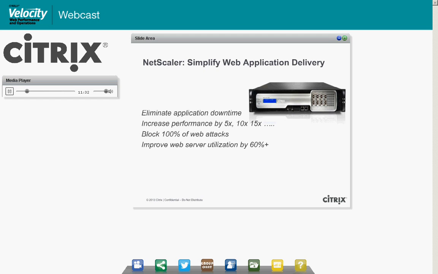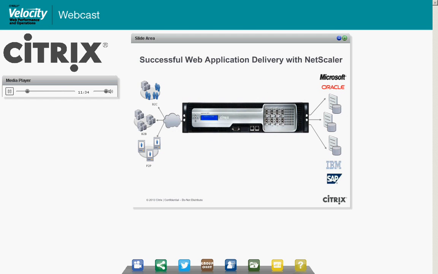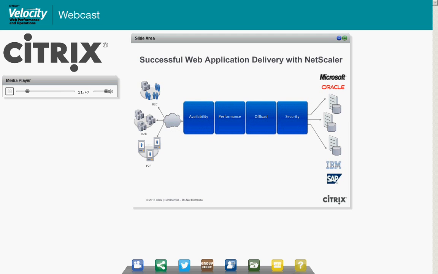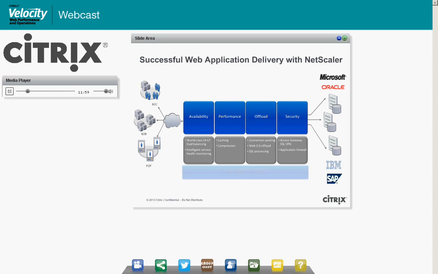So how does it do it? Well, we can break down the functions that an application delivery controller does into a few different buckets. Starting with availability, and then performance, and then offload, and lastly security. So in terms of availability, it does this through things like load balancing, and in terms of performance, things like